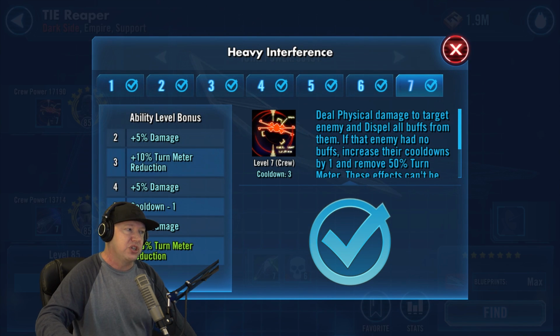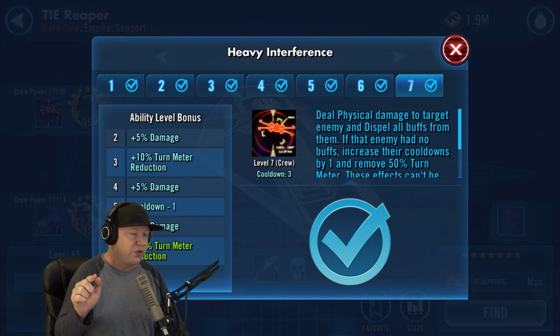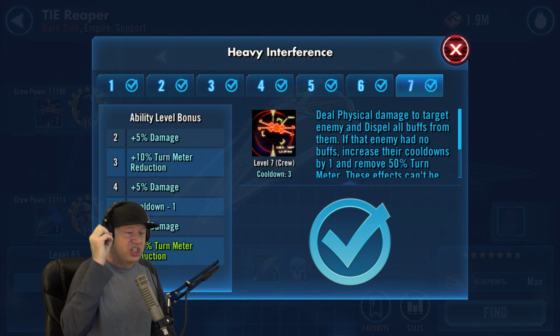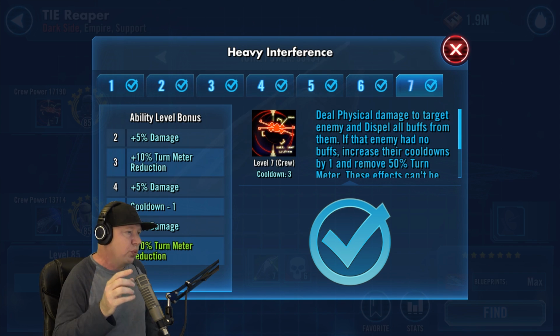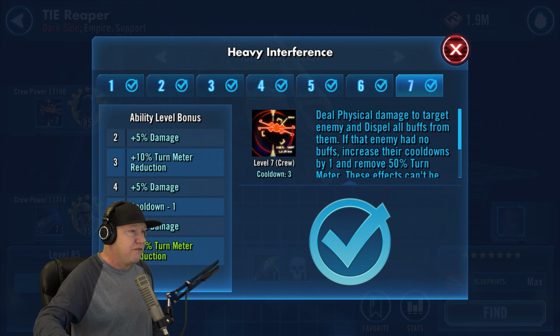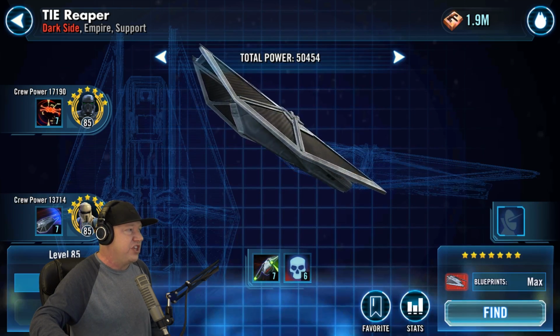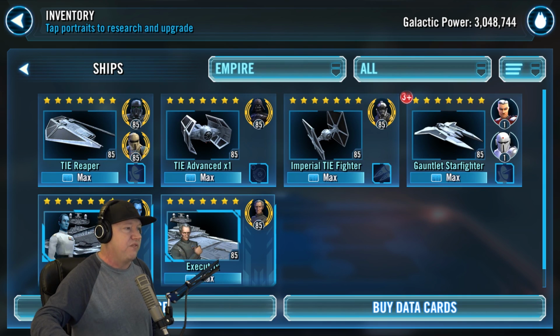Deal physical damage to target enemy and dispel all buffs from them. That is very useful if one of the ships is taunting or all the rest of them are stealth, like the Scimitar, and it has retribution. You can get rid of that right there. Dispels are very, very important. I love this ship. Since we're talking about turn meter and capital ship turn meter, we've got to talk about